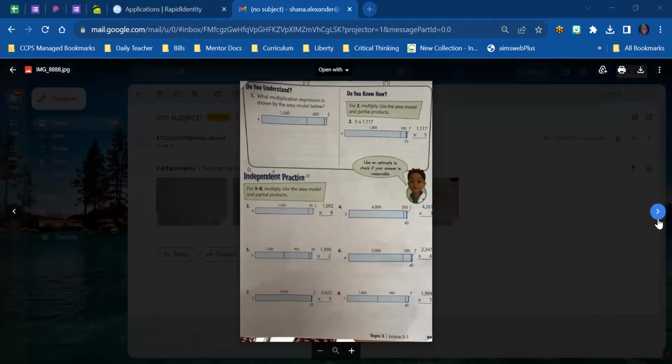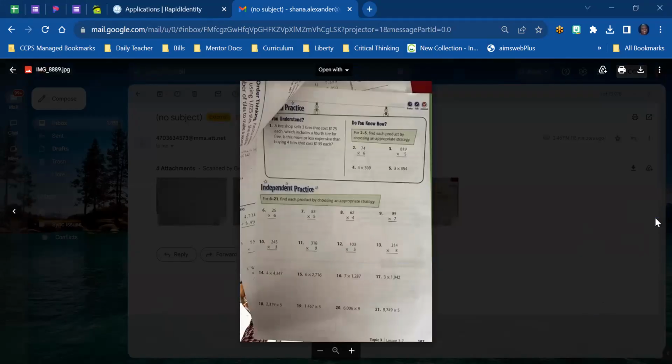All right, page 99 here, and then that's 1 through 8. And then we have page 107, which is questions 1 through 21. I am going to solve number 21 on this sheet of paper so that you all can see how your students should be able to share their